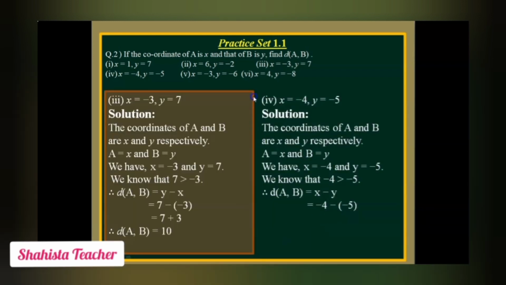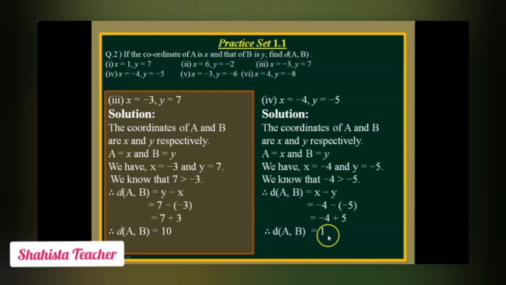Minus into minus gives us plus. So 4 minus 4 plus 5, so as you know that minus into plus gives us minus, plus minus. So here 5 minus 4 gives us 1, and that one is positive 1. Why? Because -4 is smaller than this positive 5. Positive 5 is a greater number. Is that clear? Minus into minus becomes plus. So plus 5 is greater than -4. So after subtracting 5 minus 4, we get here positive 1, that is 1.